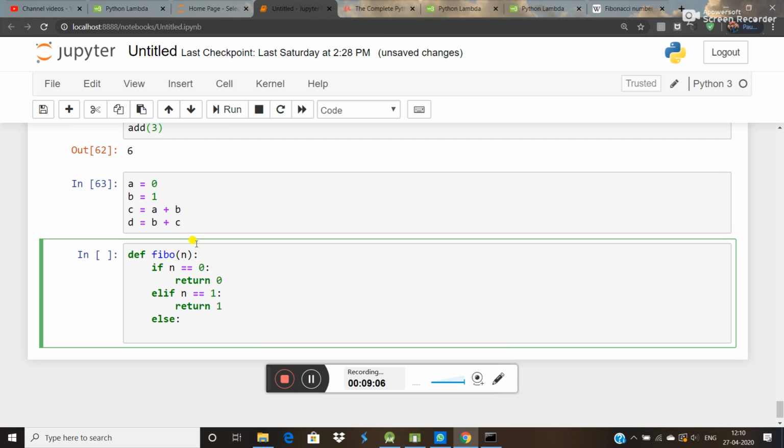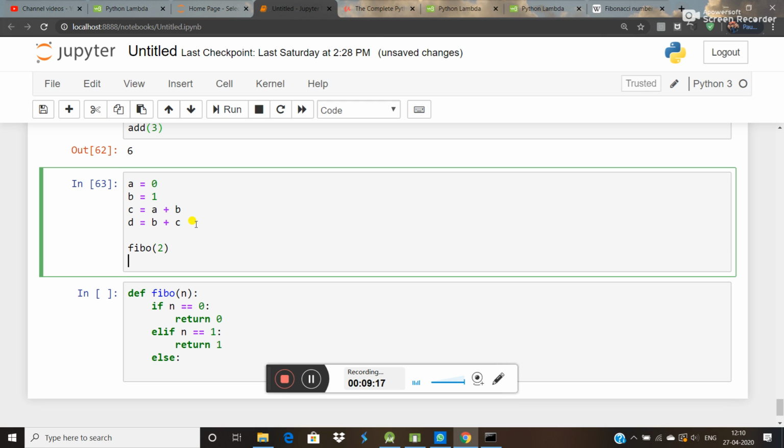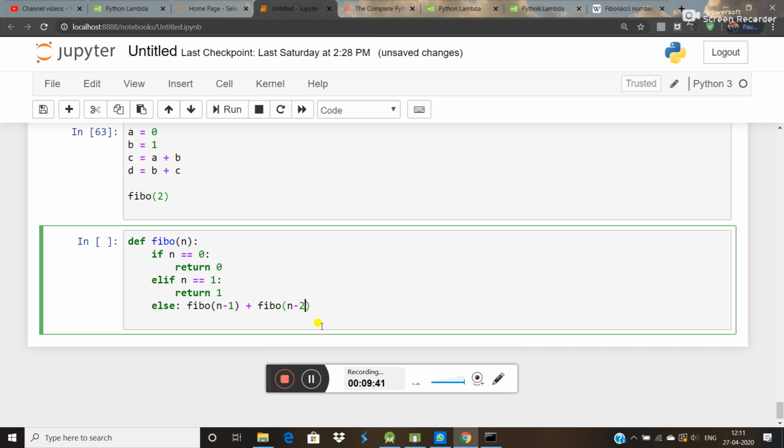If we put here n is equal to 2, for example fib of 2, then it will go to the else branch. So what is the value for 2? 0 plus 1. So what we can do here is simply fib of n minus 1 plus fib of n minus 2. So like that you can write the recursive function for the Fibonacci sequence.